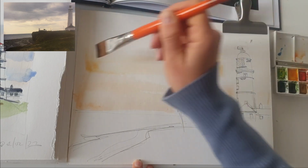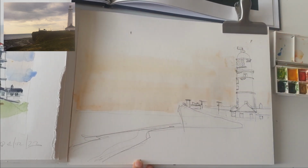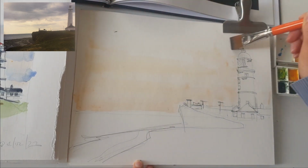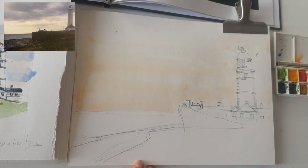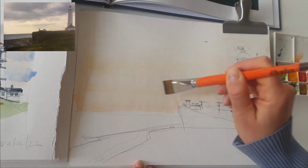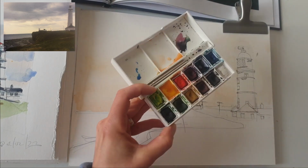So I will first wet the sky area with my flat brush, and I used a yellowish shade because, as you can see on the photograph, the clear sky has a yellow shade. It was probably about sunset time. And then on top of that, before it's dry, I will try and paint the clouds with a purplish